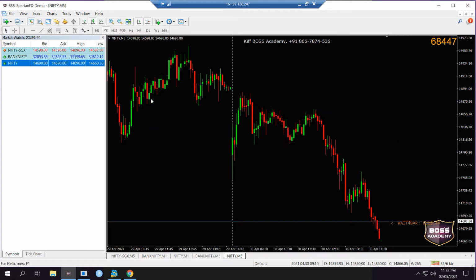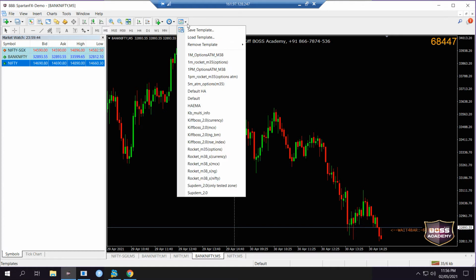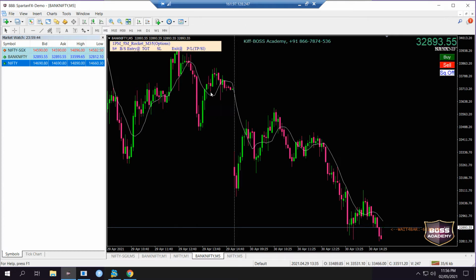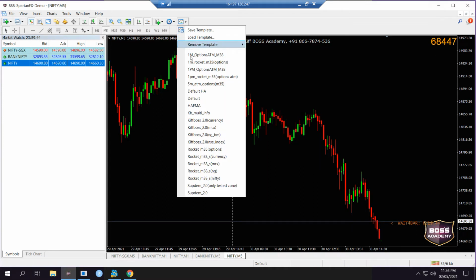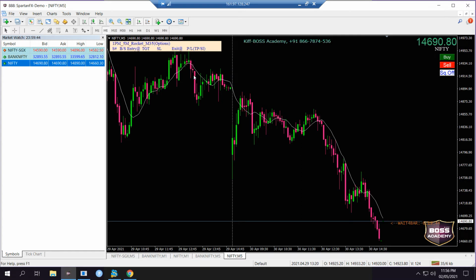We can add both simultaneously. Apply the 1 p.m. template to the Bank Nifty chart, target M35. Why plan B? In case plan A is missed out, plan B will be helpful to achieve our target.